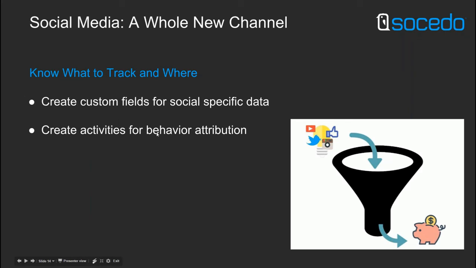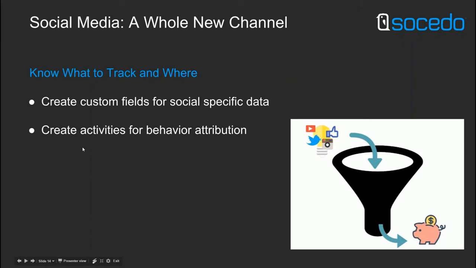All I want are different activities. I just need it time-stamped, so that way I can see frequency and recency of that behavior for lead scoring. So if I see that someone has tweeted at Socedo app 5 times in the last week, and they're still in my prospect stage, they're actually probably ready for a sales conversation. So I want to send them straight to sales. Versus someone who used to be really active but hasn't tweeted for us in a month, they might be going cold, and that might be a little alert I need to send to a sales rep.